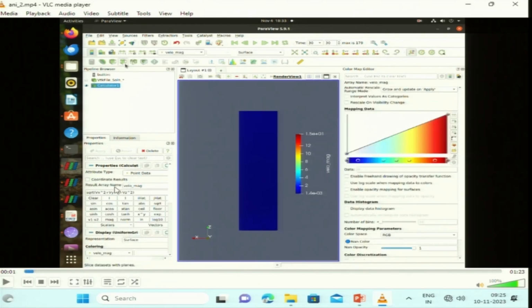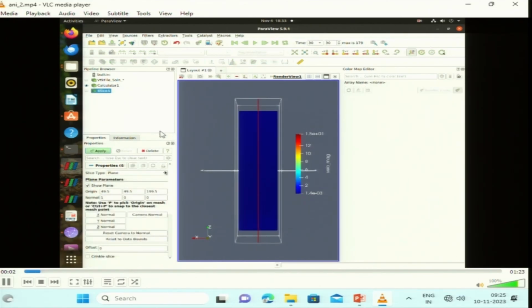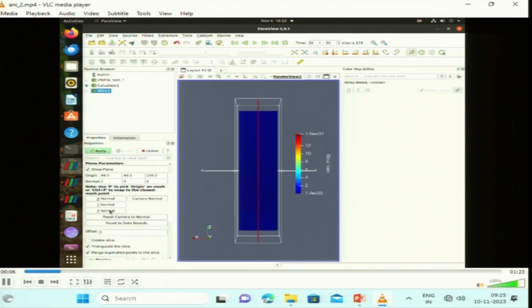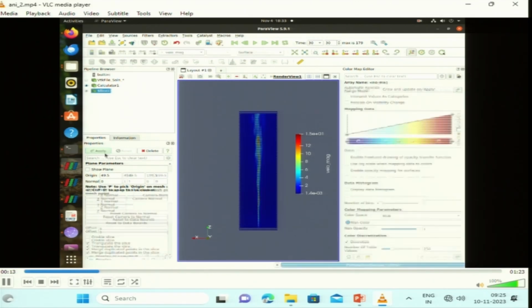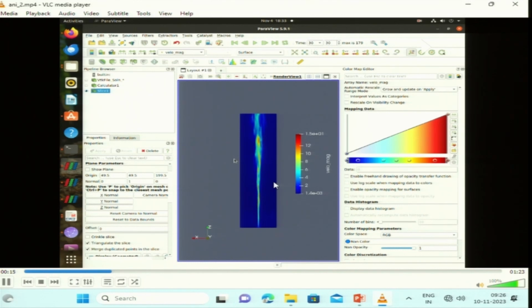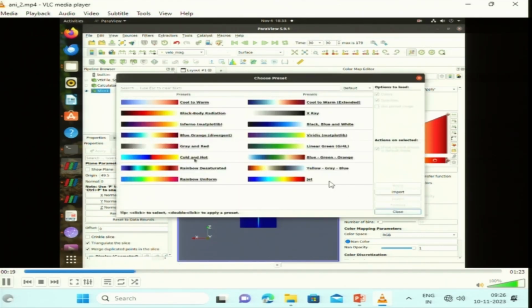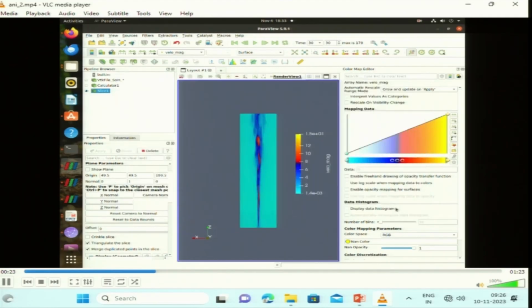In the calculator we have calculated velocity magnitude, then we have taken the slice. A slice in which plane? Mid of y plane. It is along the mid of y plane, basically we are projecting the zx plane at the mid of the y axis. So, this is the slice, a 2D slice. We can change this color also by this sign. Other options are there like cold to warm, whatever color we would like to choose, we can select.